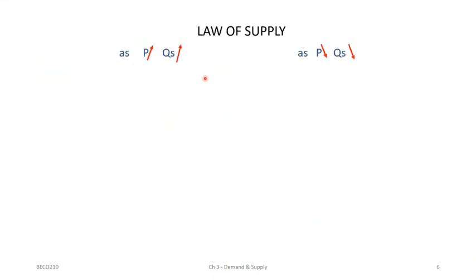The law of supply states that whenever the price is higher, the seller is willing to sell more, so the quantity supplied increases. And as the price decreases, the seller is willing to sell less, so the quantity supplied decreases. Then we have a positive relation between the price and the quantity supplied. The law of supply can be represented using a function, a table, and a graph.